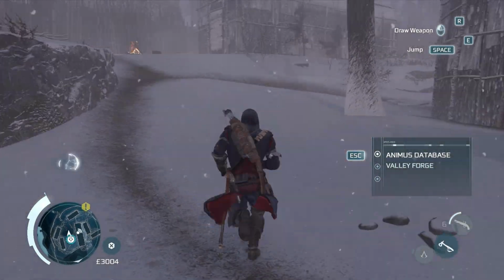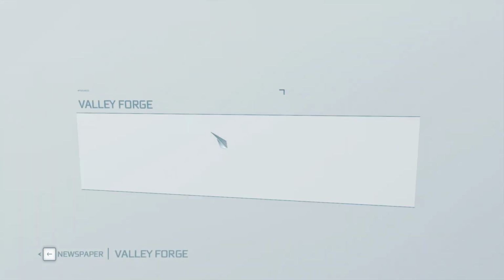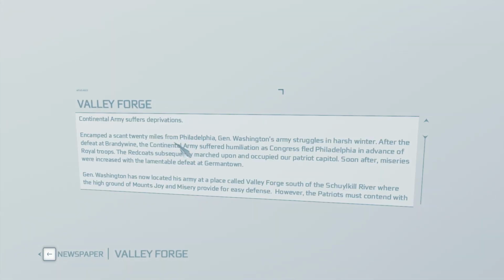And that's all he has to say to us. We got a new database entry, Valley Forge, so we'll read that. Continental Army suffers